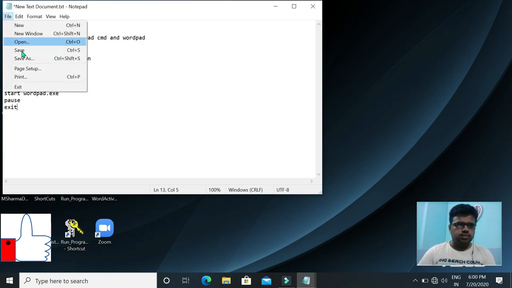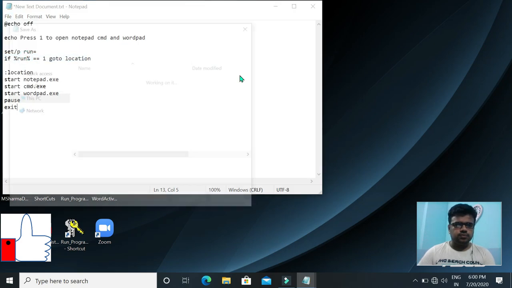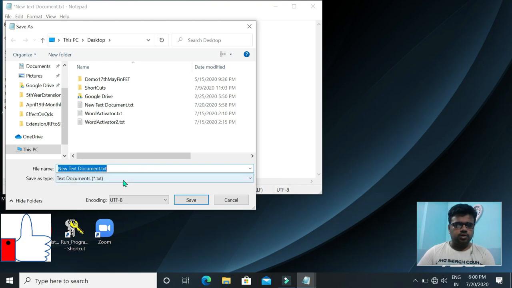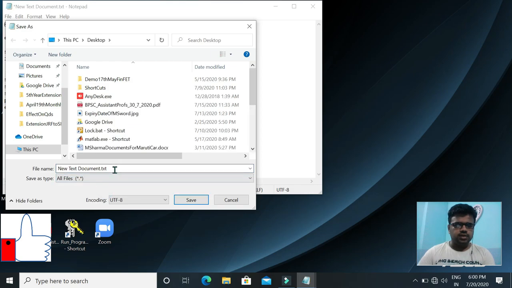When I save this, I already told you in the previous lecture that for creating a batch file we have to select all files, then give any name, suppose open, and you have to give the type of the file as .bat for batch file, and it will save on the desktop.